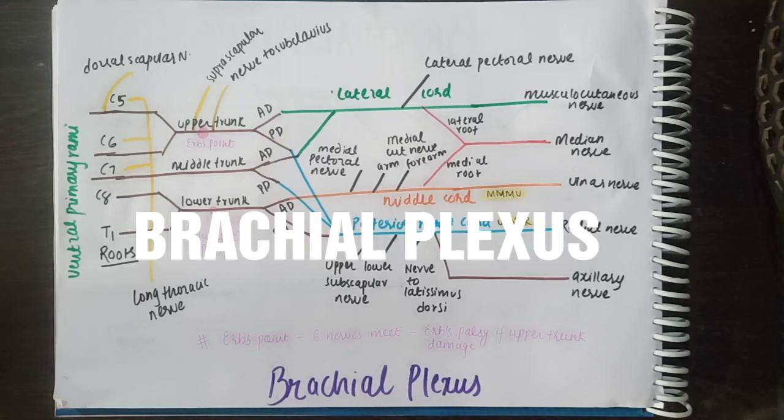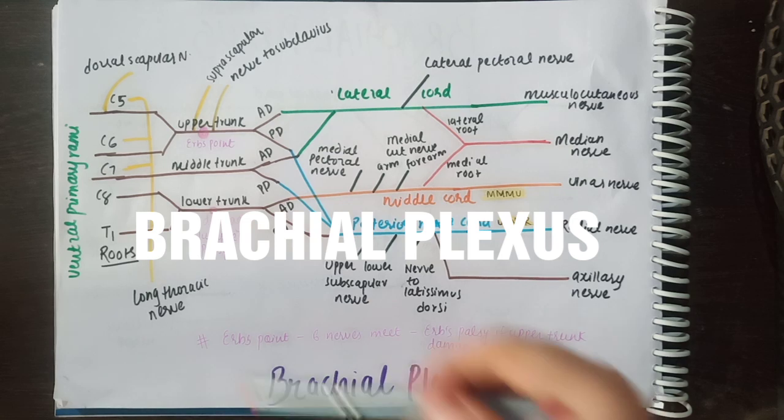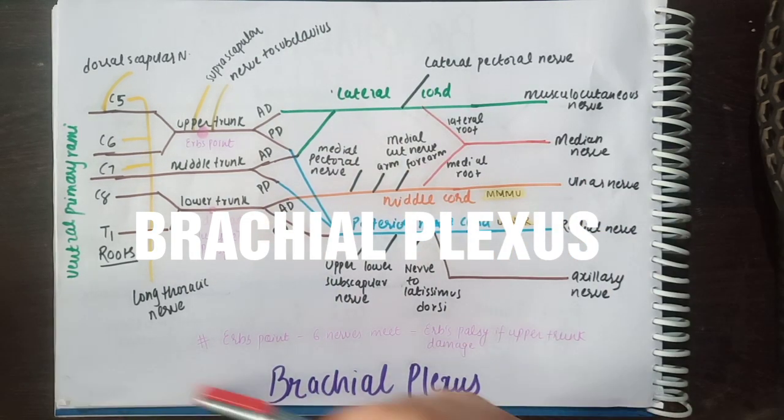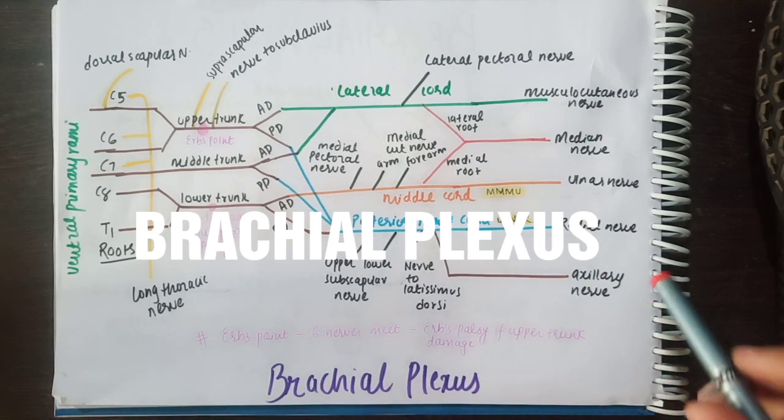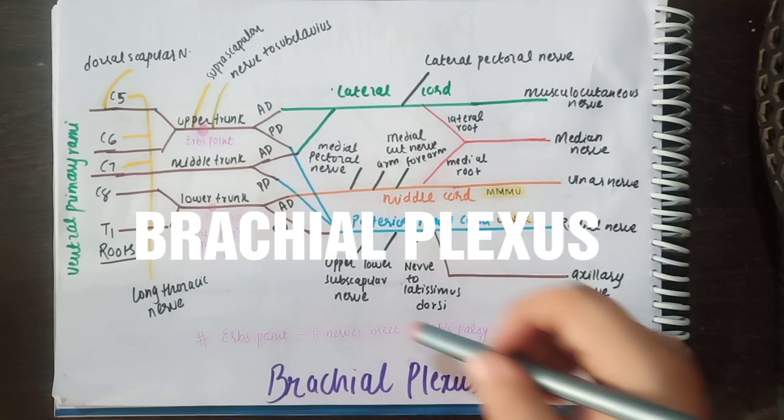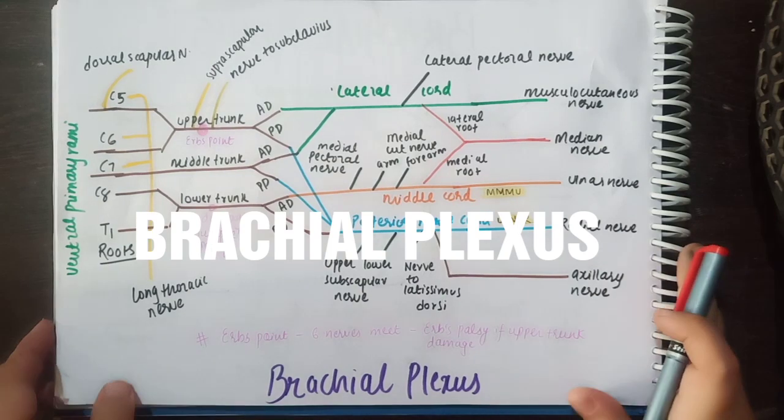Students, our today's topic is the brachial plexus. Yes, this is the most difficult topic of the upper limb, so watch till the end. And this is a very complex diagram that you are seeing here. To understand this diagram, first I'll tell you how to draw a simple diagram, and then you can jot down the other things. First, let's concentrate on how to draw the simple diagram.